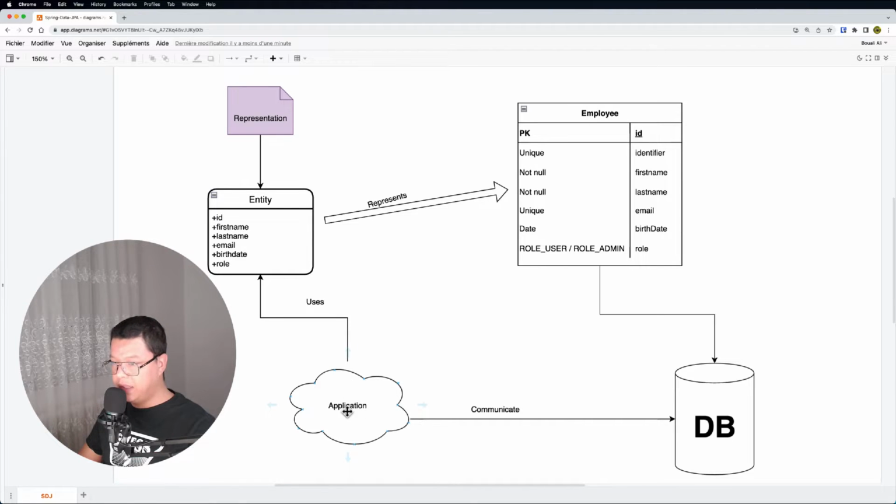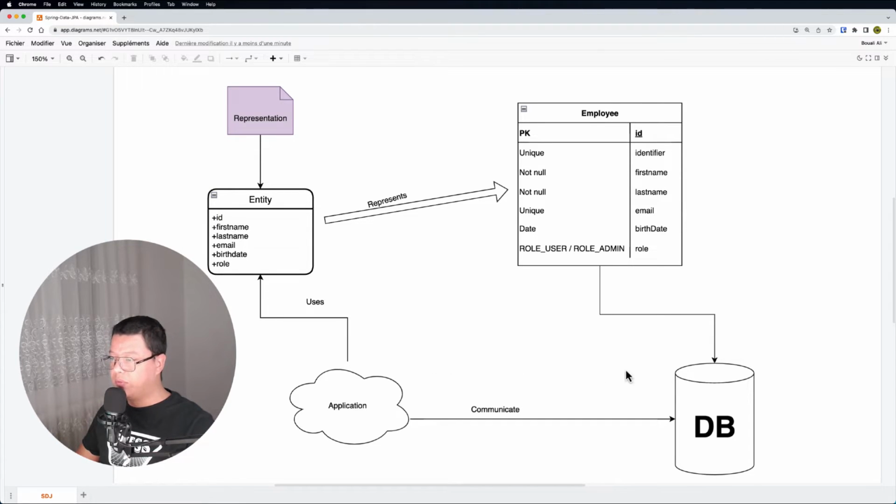So the application will use this entity model or this entity object to communicate with the database. Why do we need to do that? We need to do this just in order to avoid writing all the SQL queries manually.